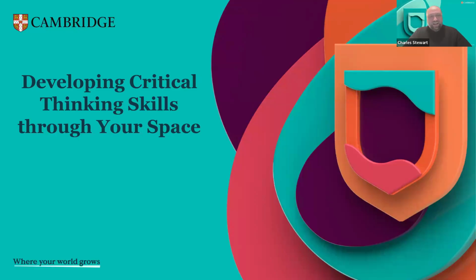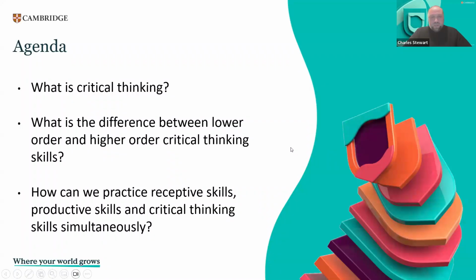So the webinar is all about critical thinking skills using the book MySpace. So what are we going to talk about in the webinar today? First of all, we're going to look a little bit at critical thinking. What is it? What makes up critical thinking? It's necessary for us to understand this before we then can talk about how we can use it in the classroom, how we can train it in the classroom using your Space coursebook.